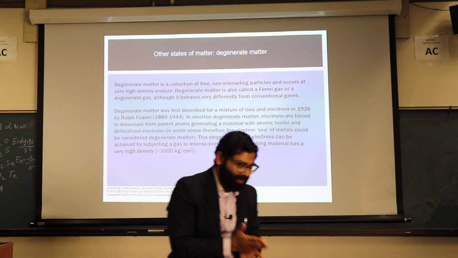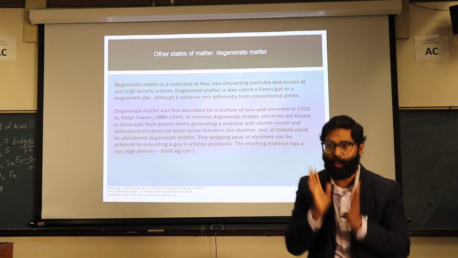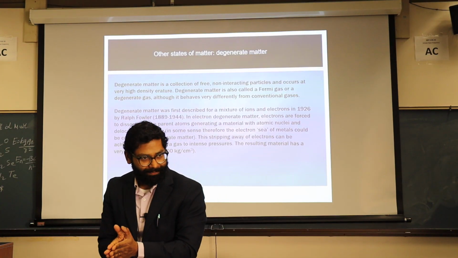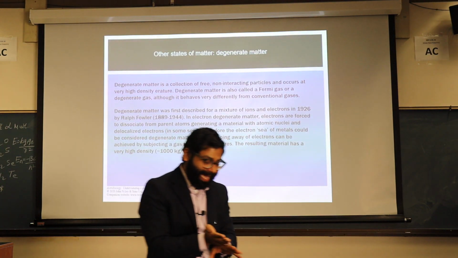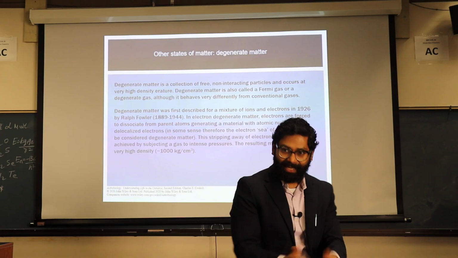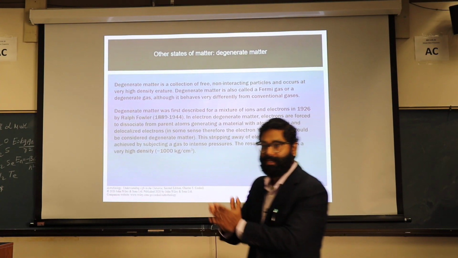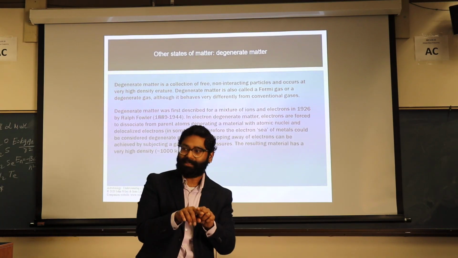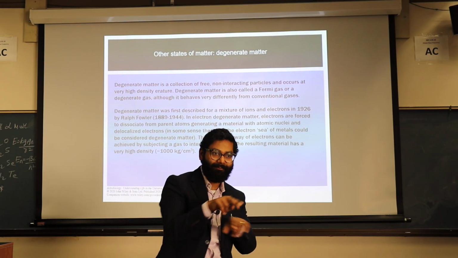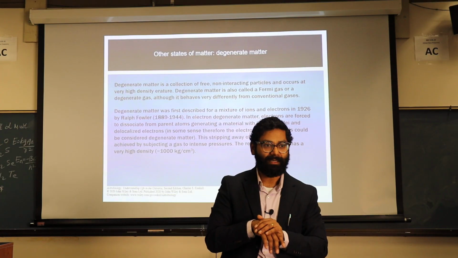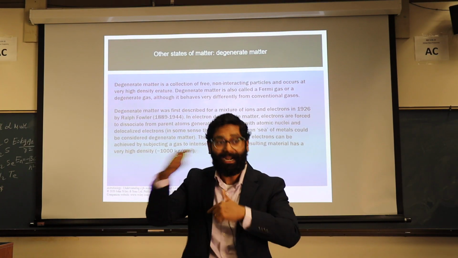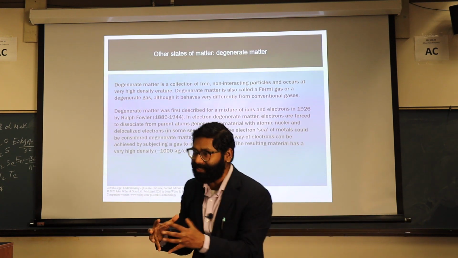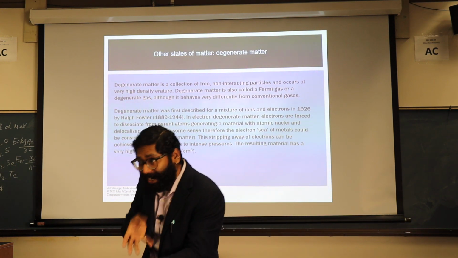Now there was a law called Pauli's exclusion principle that postulated that no two electrons can have the same set of four quantum numbers, and that came down to one subshell cannot have more than 2 electrons. That starts to come into play here, because when you are crushing these things in, you are forcing more than